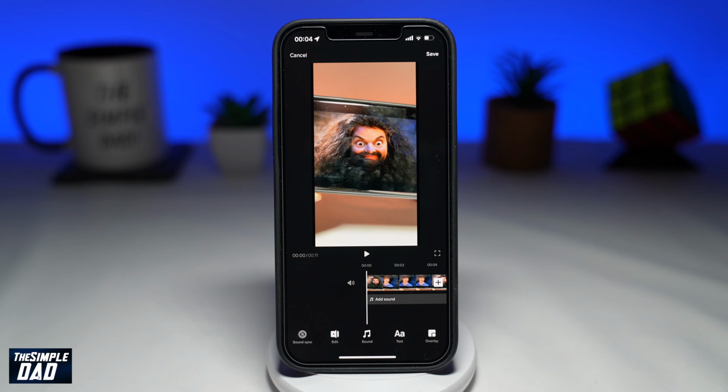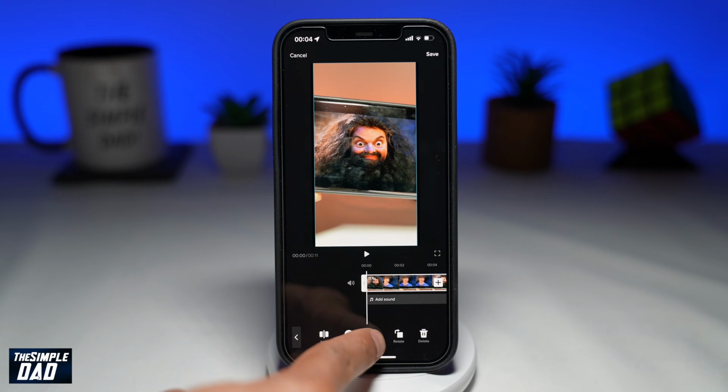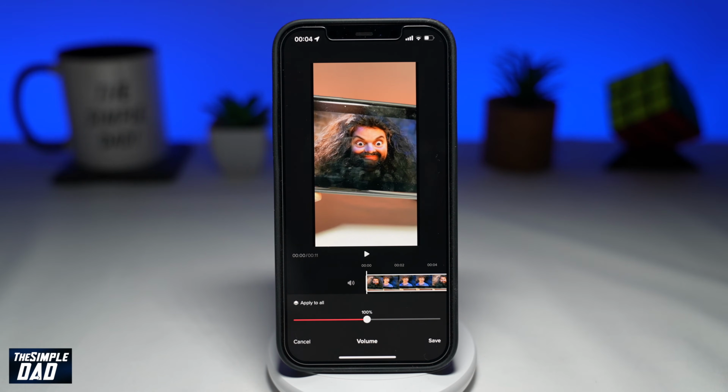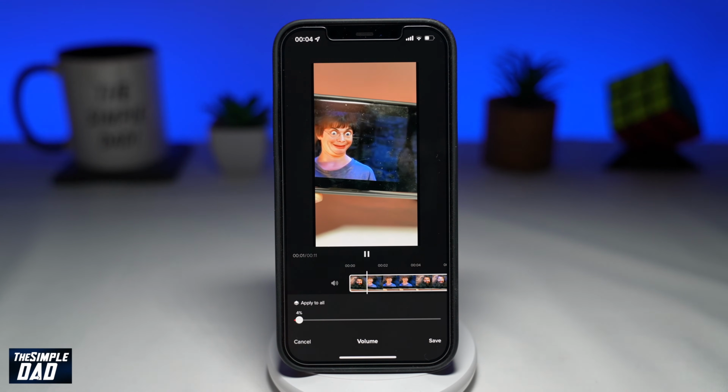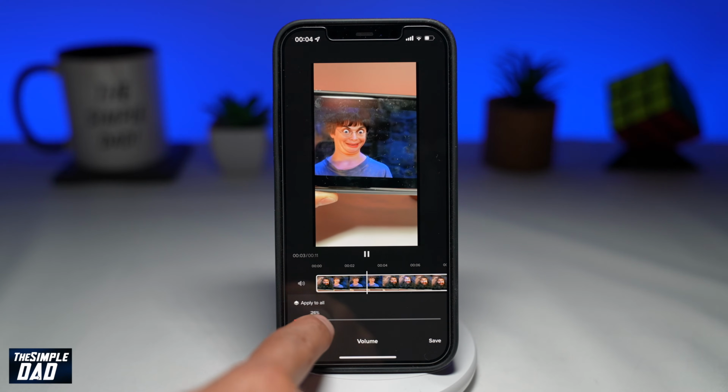You should see a timeline below and some buttons below that. Below the timeline, tap on Edit. Next, tap on Volume. Here you can adjust the volume of your video clips. By default, it is set to 100%. To decrease the volume, move it to the left hand side, and to increase the volume, move it to the